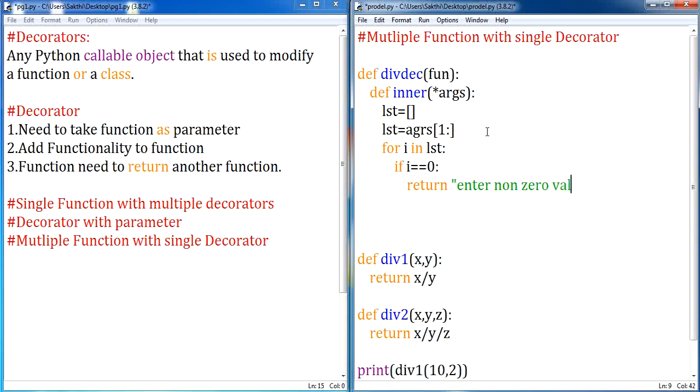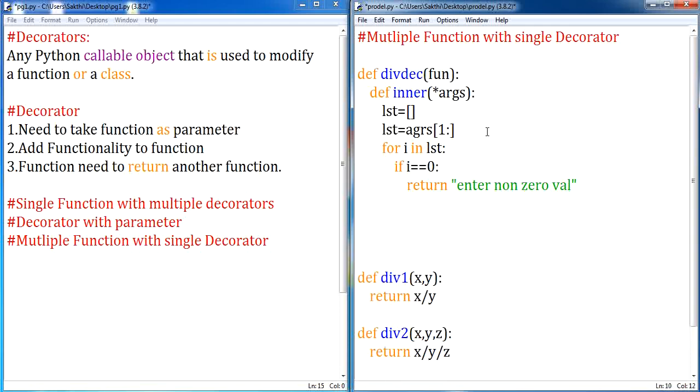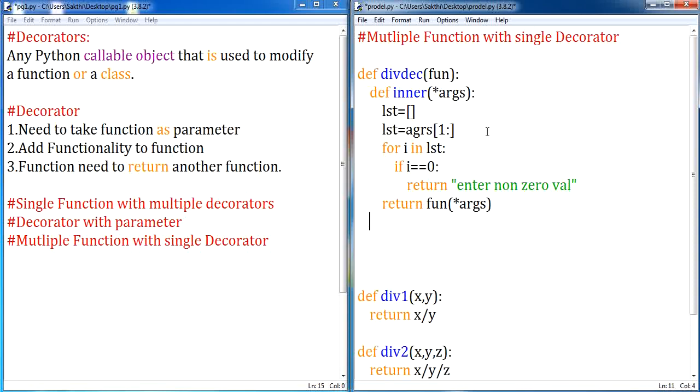This is the message I'm going to throw, and at the end of this I'm going to return my function with multiple arguments, if my arguments don't have zeros. And now I'll return my inner.